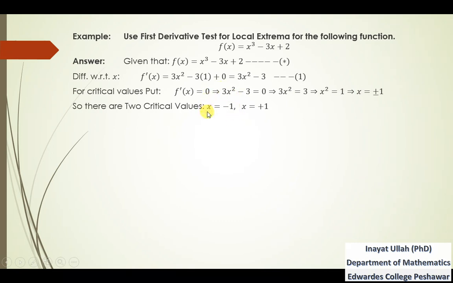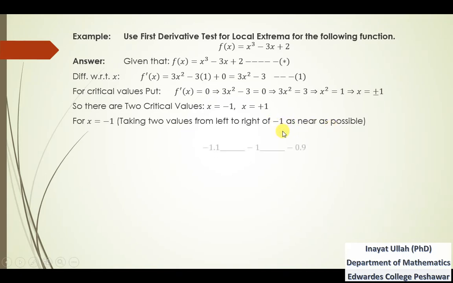First of all, taking this critical value, x equal to minus 1, we will take two values from left to right of minus 1 as near as possible. What does it mean? It means that minus 1 will be in the center, and the